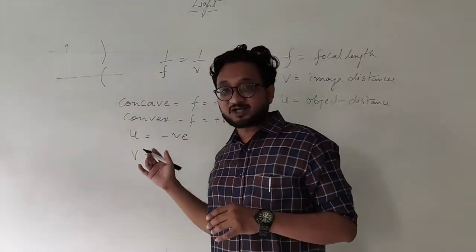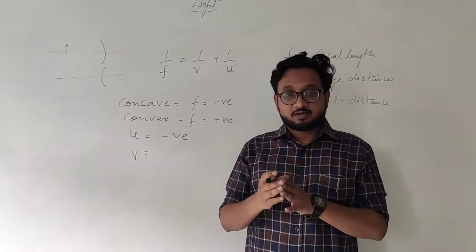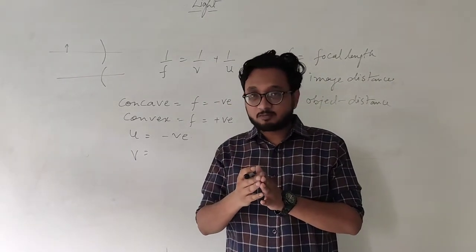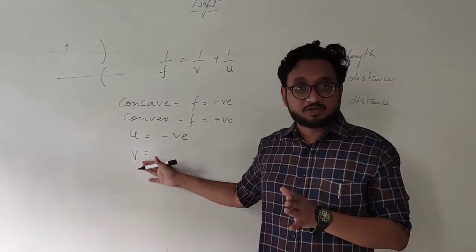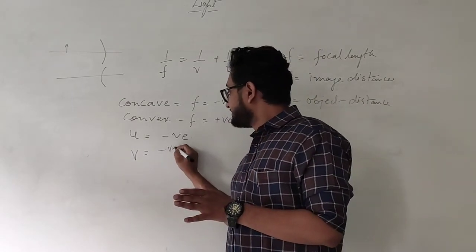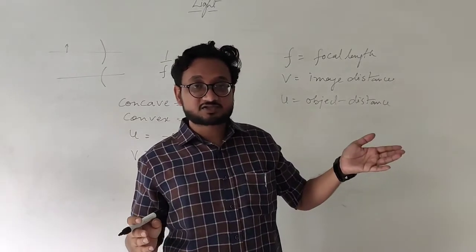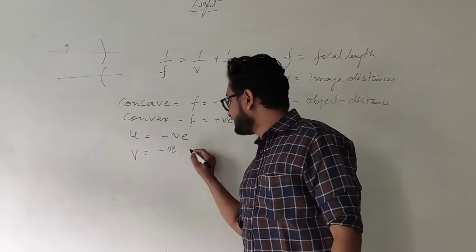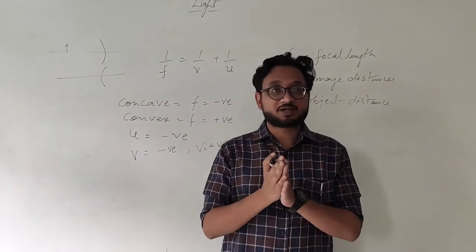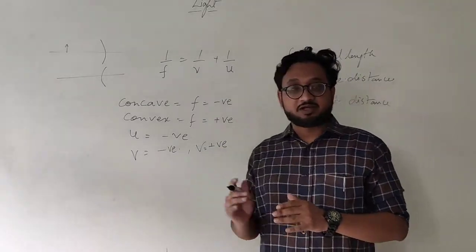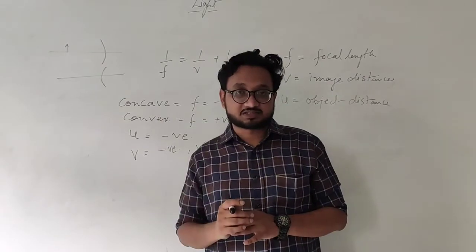Let's recap just the map that we saw. In case of concave mirror, we saw that when the 5 real images are formed on the left hand side, at that time we have the v as negative. That means the image distance will be negative. But in the last case, when the object is on the right hand side, that is virtual image, at that time v will be positive. So whenever the virtual image is formed, at that time we will have a positive image distance, and whenever the real image is formed, we have negative image distance.